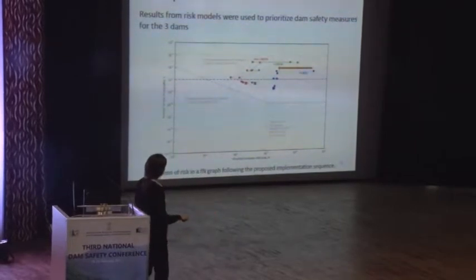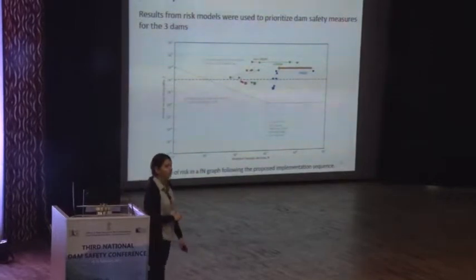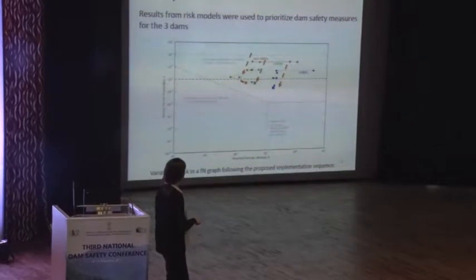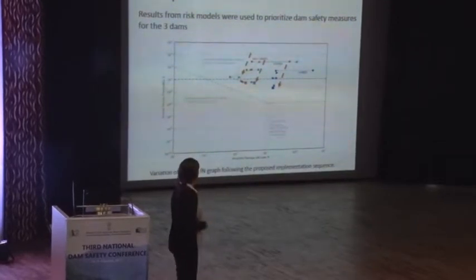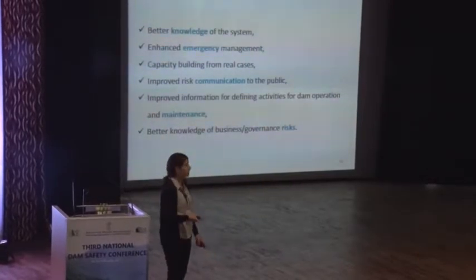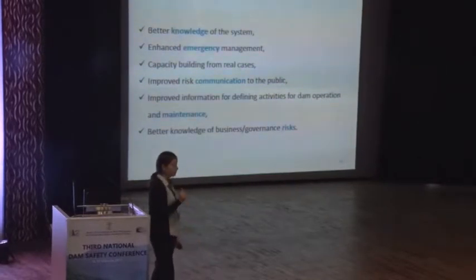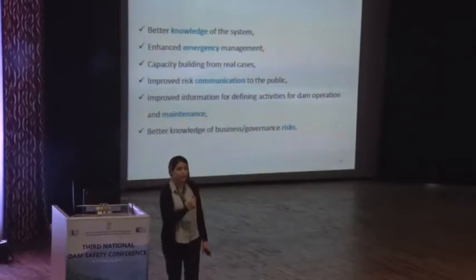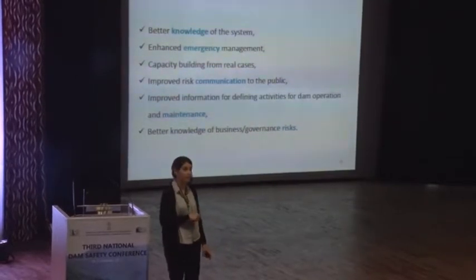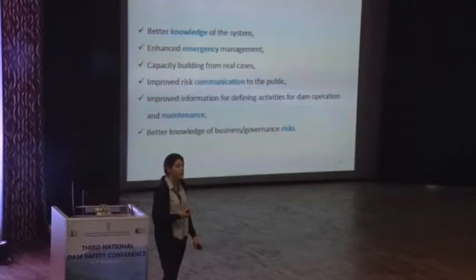You can see that we reduce risk. If we move left and we move down, then we will be in line with tolerability recommendations. So then we may reduce risk efficiently, and then use our resources in the most convenient, most efficient way. So then lessons learned, just to highlight, dam owners are able to gain a better knowledge of the system by applying risk analysis techniques, by quantifying risk,